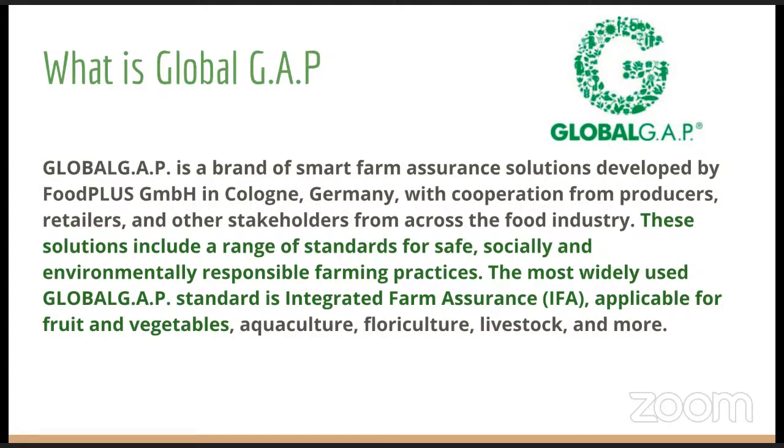So essentially, Global Gap is an assurance framework. It's an international assurance framework that started in Europe, and it really has several goals. The most important being protecting the consumers. So the people who are going to consume what we're producing. In this case, avocados. It's there to make sure that the requirements of the avocado consumers in the world, or wherever we're supplying, are being met. The food is safe. If there's a problem, it can be traced. There are no chemicals. It's not going to harm them.